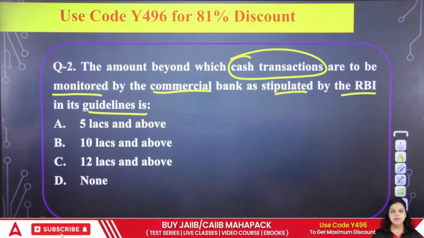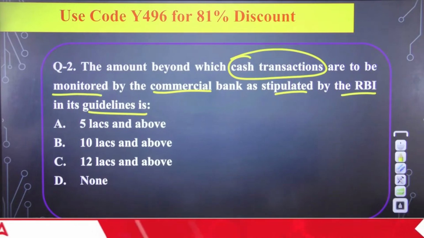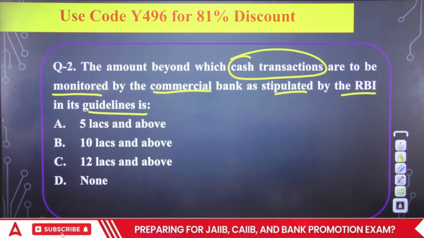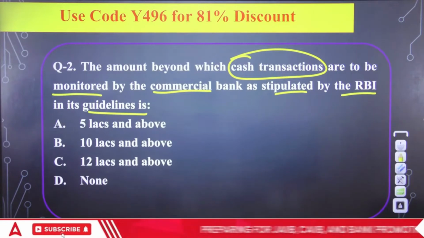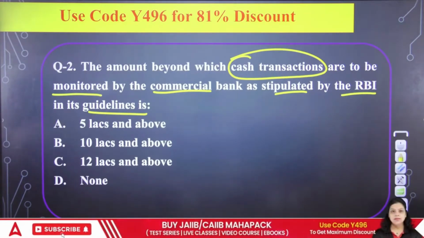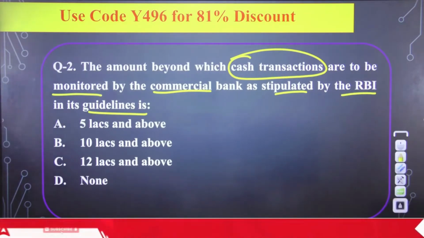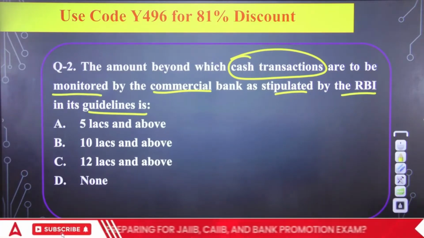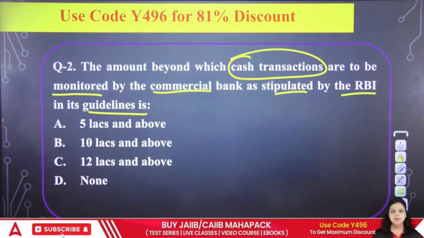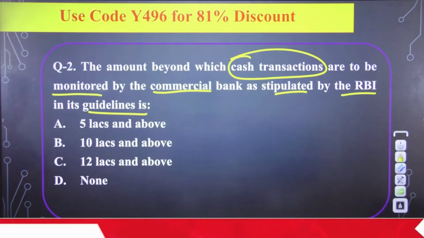Okay, so the right answer will be yours. Some are saying 10 lakhs, some are saying 5 lakhs. So in case of cash transaction report, it should be 10 lakh. If you have to report the CTR, cash transaction report, the amount should be 10 lakh and more than 10 lakh. In case of CTR, that report should be given to the FIUIND.